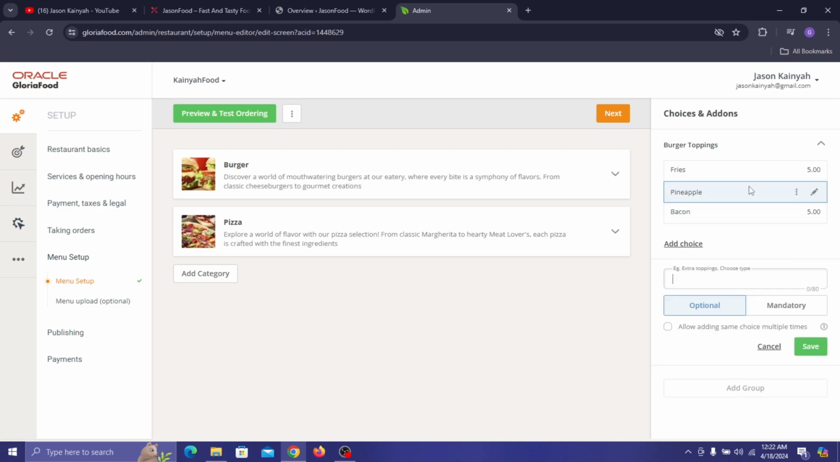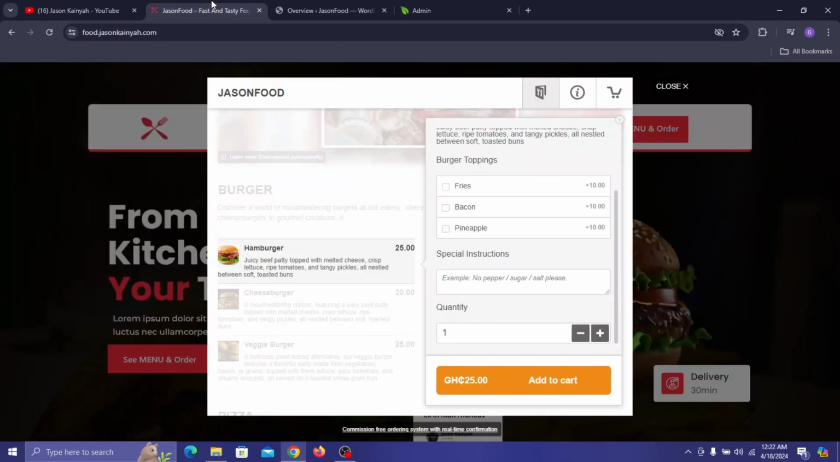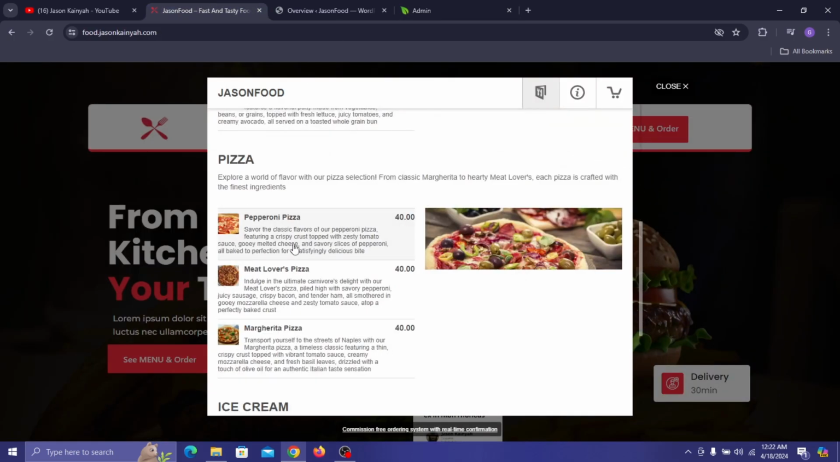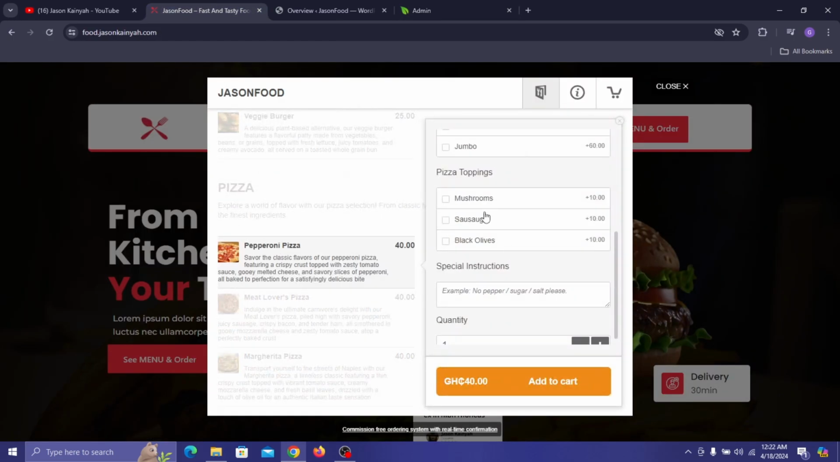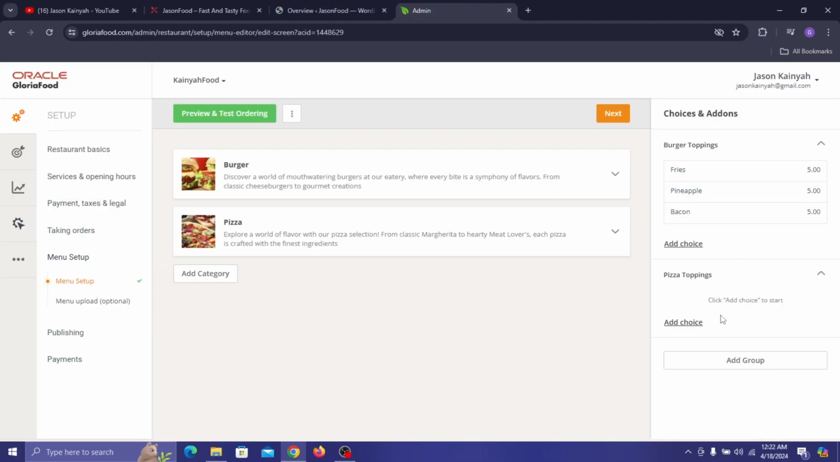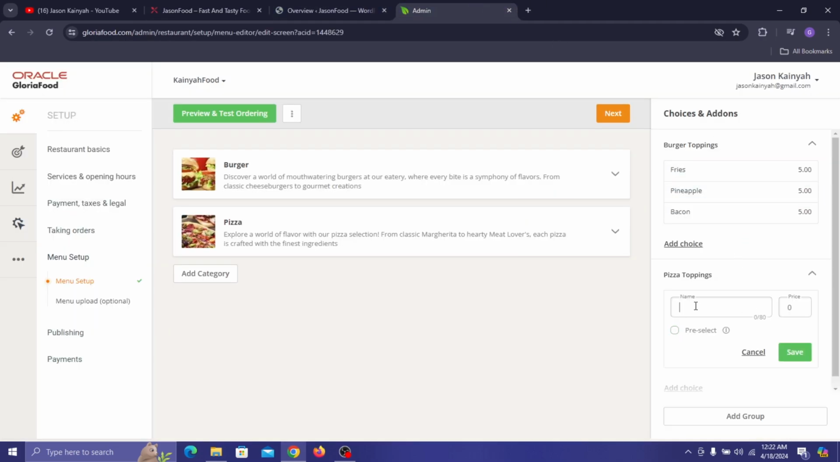Let's do some for the pizza as well. So we'll type in pizza toppings. And then we'll just click on save, then we'll add the choices. So if I go here and I click on maybe this pizza, the toppings are mushrooms, sausage, and black olives. Okay, so let's go back here, let's add them. Click on add choice, we'll type in